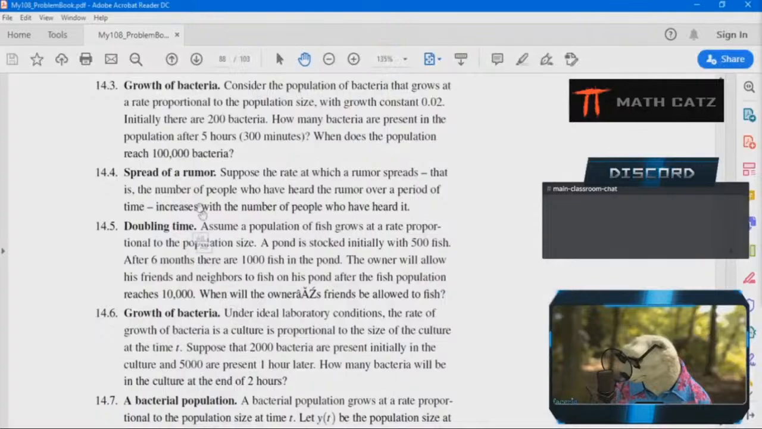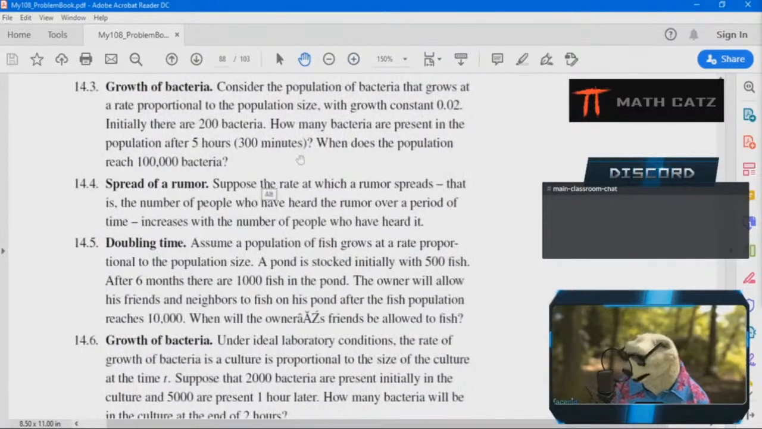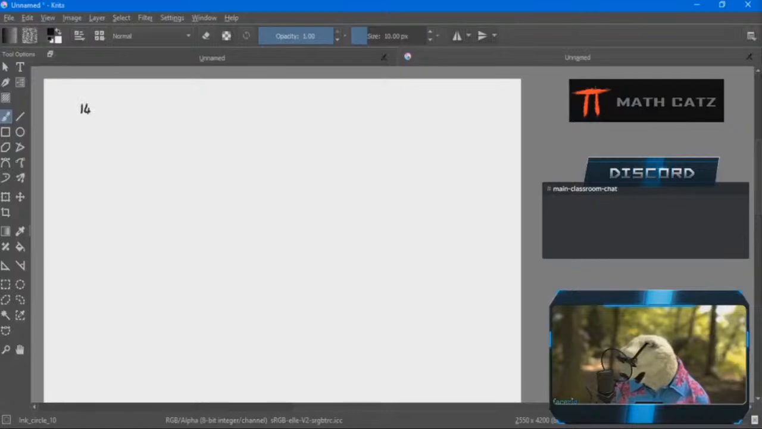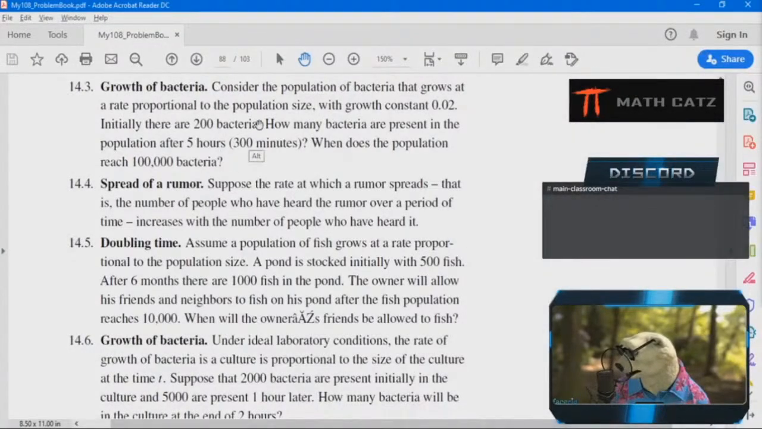And we'll see that there's a lot of similarity between these. Let's look at this first one, growth of bacteria, 14.3. Consider the population of bacteria that grows at a rate proportional to the population size. So that tells me that's the differential equation we're working with. The growth rate